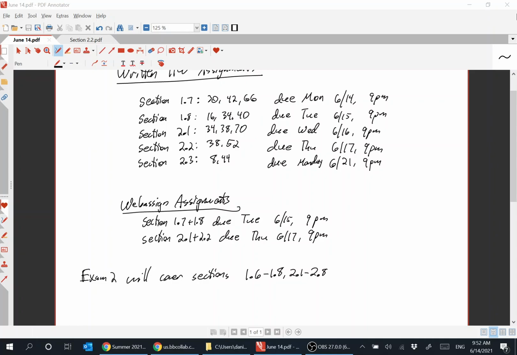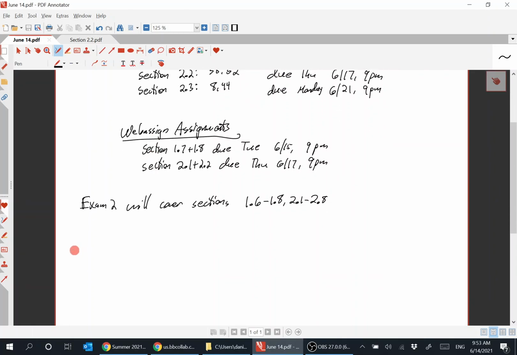So we've got 17 to 25 odd. Nothing too bad. So let's look at 24. So section 2.1, number 24. We have the function defined, h of t